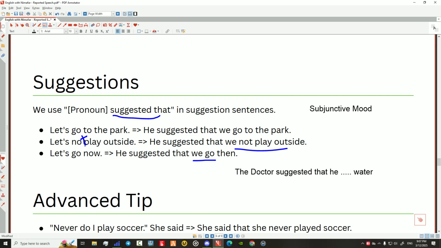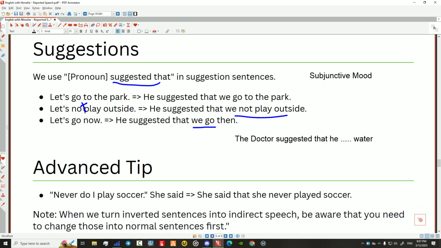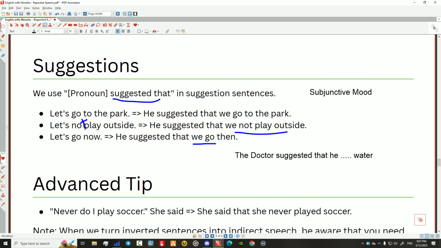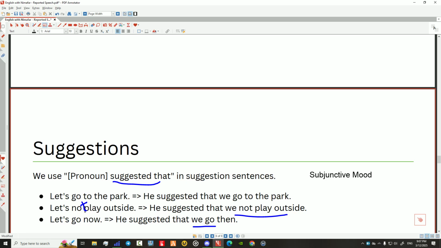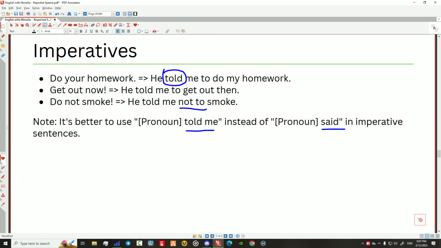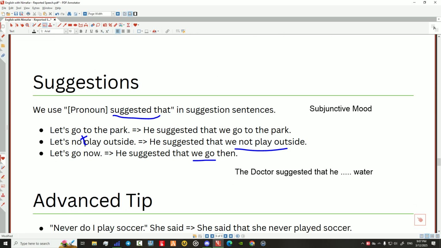He drink. No S. Why? Because of the topic. It's subjunctive. That's why I don't want to teach you right now, because it's confusing. But just know that we don't use backshifting. No backshifting for imperatives and suggestions.